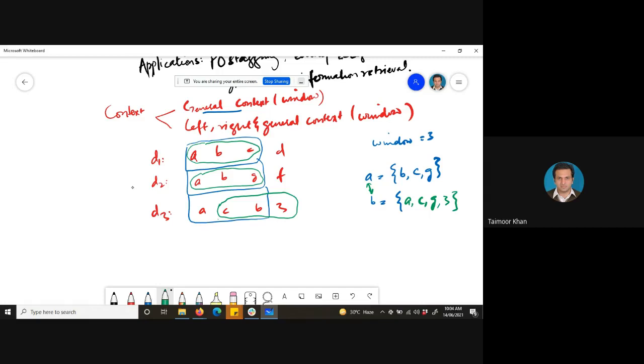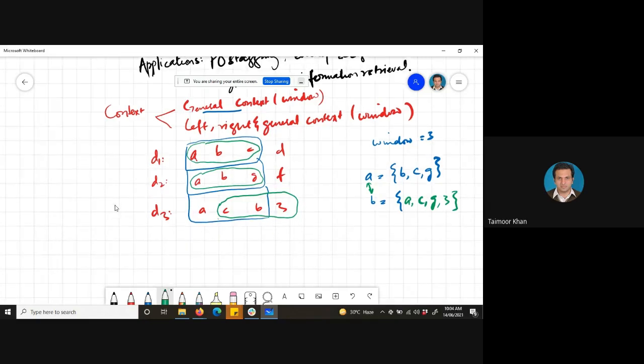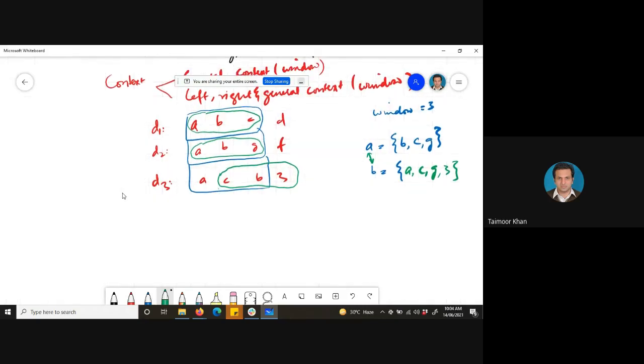Okay, and in case we want to use this second approach, which is the right window, the left window, and the general context, the main approach is going to be the same, but we are maintaining 3 different sets in that case. So A_L is going to be one set